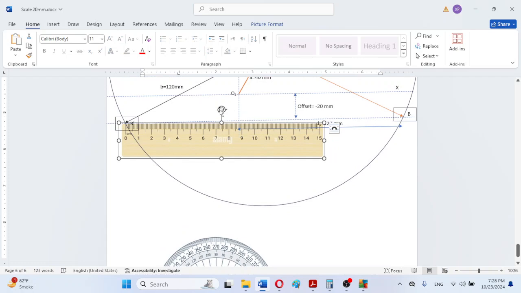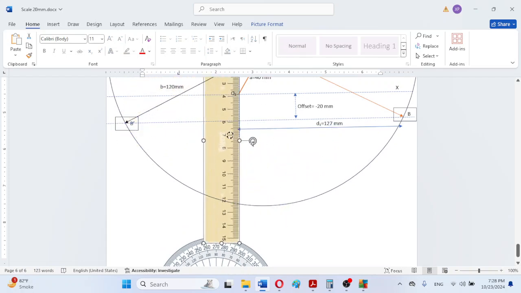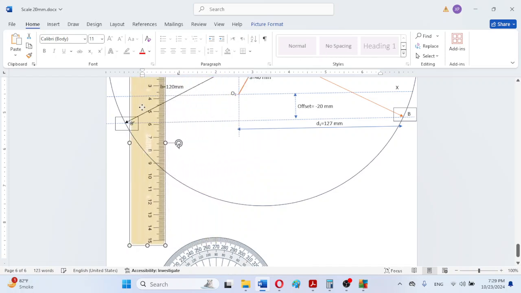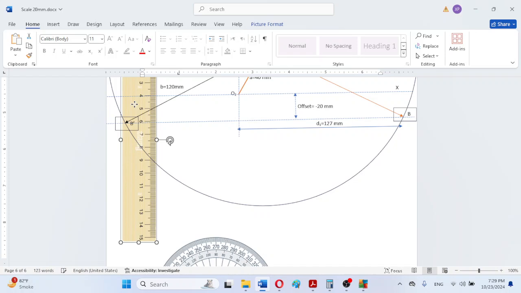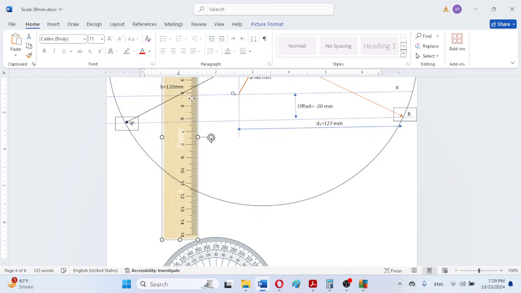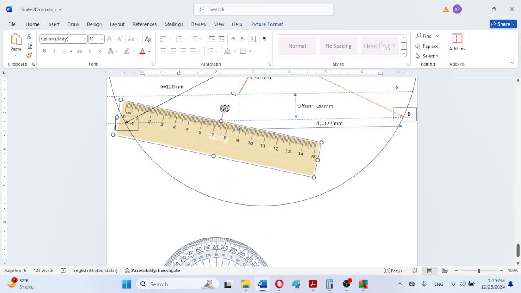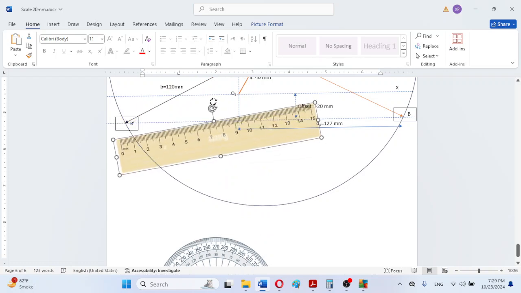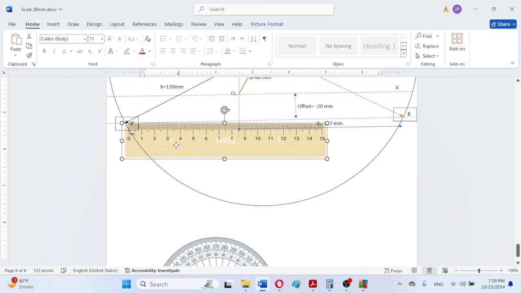We can first of all verify the offset at 2 locations. Here, as we can observe, the offset shows 2 centimeter, and here it also shows somewhere 2 centimeter, so it is okay. We just measure the location of this B dash position of the slider, and as we